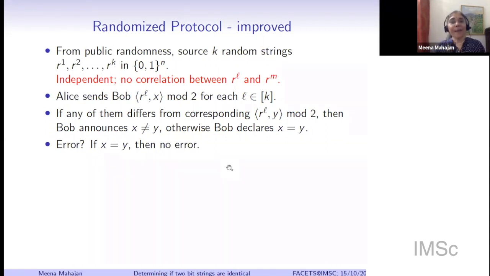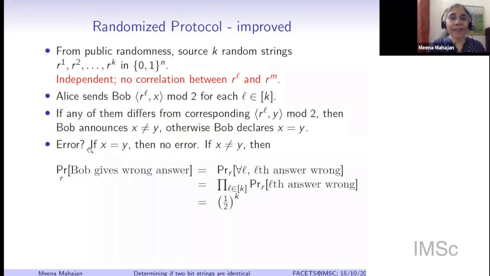We again have to do the same error analysis. Now we can do this faster. If X is equal to Y, there is no error. If X is not equal to Y, when will Bob be misled into giving the wrong answer? So the wrong answer meaning when will Bob be misled into saying that actually X and Y are equal? Each of these k trials, the first, second, third, up to k, all R1 to Rk, all of them led Bob to say, oh, X and Y are the same. Not just one or two, all of them. If even one of them differed, then Bob would have said they are different. So all of them led Bob to the wrong answer.